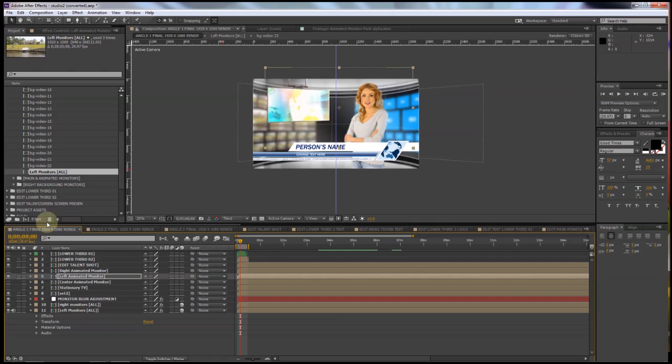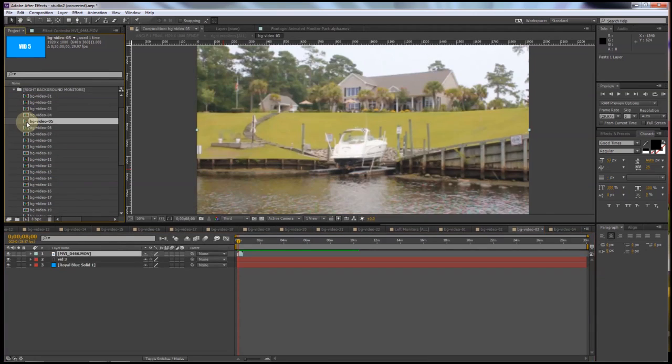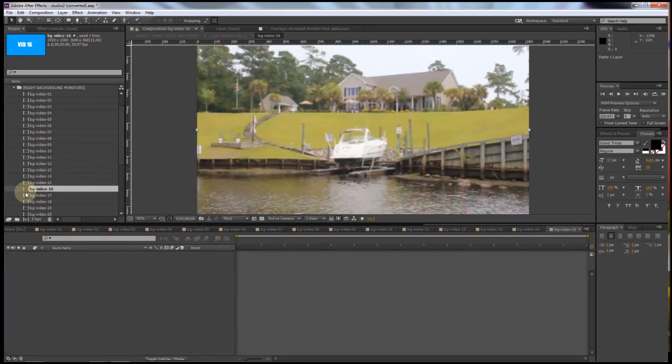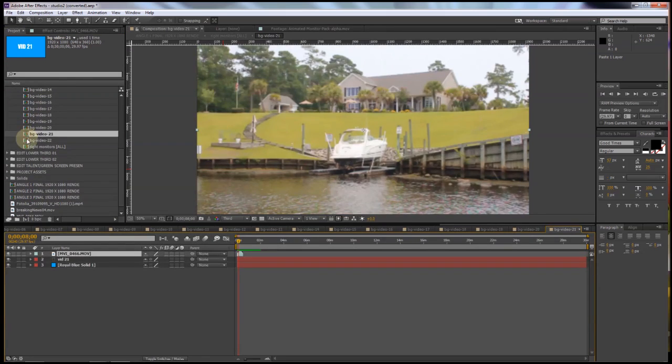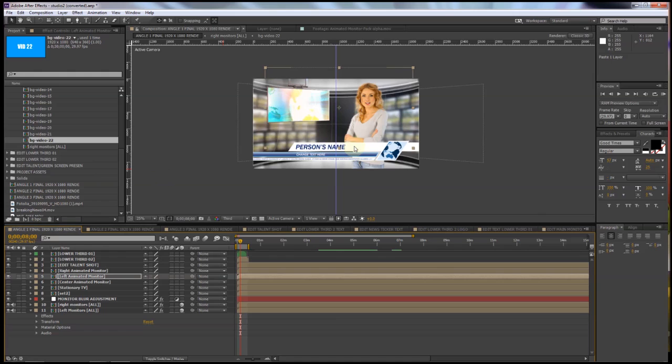So now if I go back to our main angle 1 final timeline, then you'll see that all these background monitors have been replaced with the same footage. So now I'm going to do that on the right side, so bear with me. And so now if I go back to the main timeline again, now we have footage in the background monitors